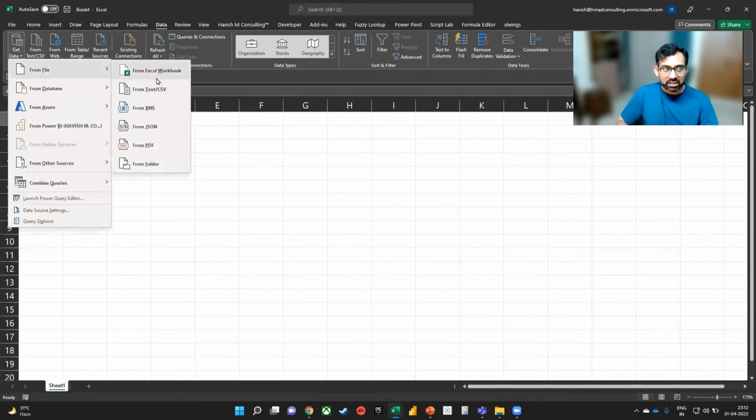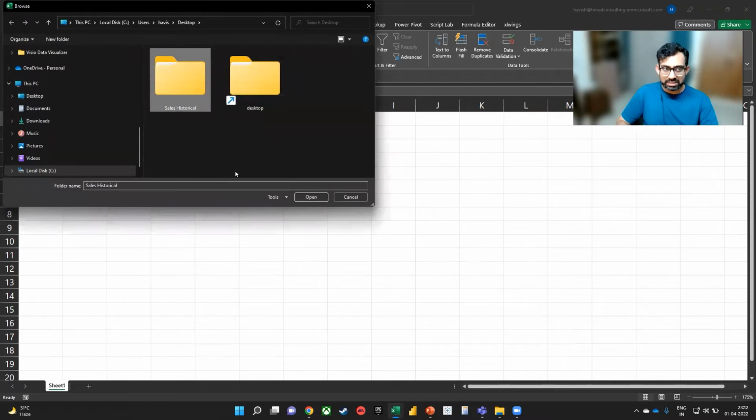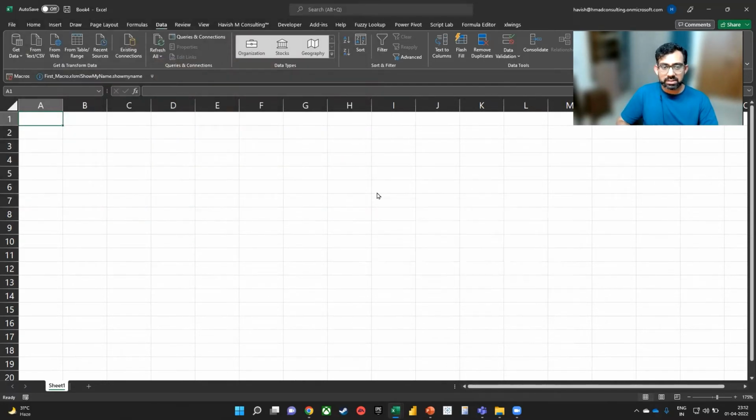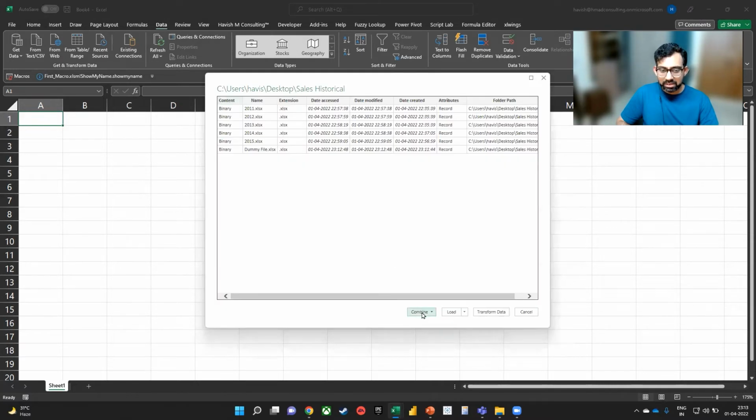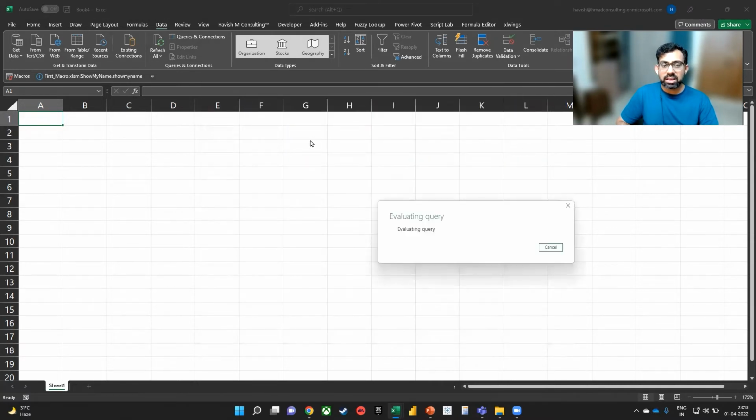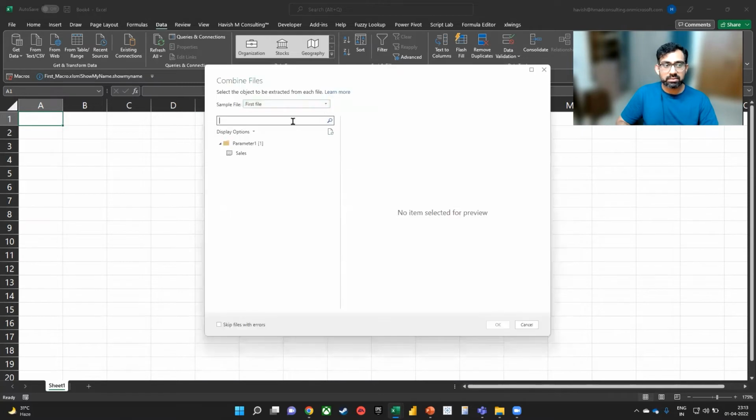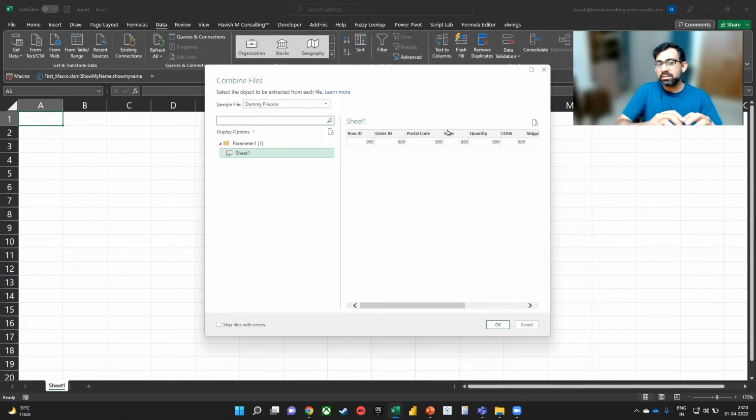Now when we go to get data from file and then from folder, we select the folder and then open and then select my combine and transform, and then finally we select the sample file as the dummy file. Now you notice that this time the heading is picked up because the heading is a text and all the values below it are a number. We click on OK,